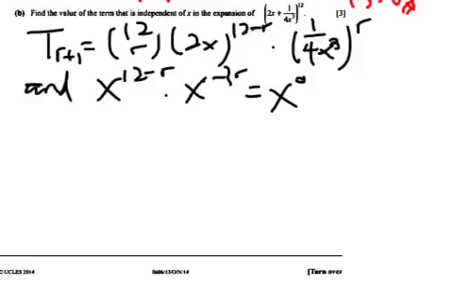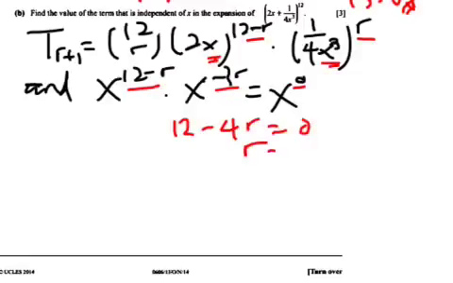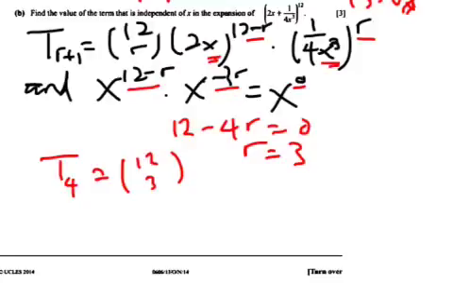In this case, this x has power 12 minus r, and this is x to the negative 3 power r, so it's negative 3r. So I notice that 12 minus r minus 3r equals 0. So 12 minus 4r equals 0. So r must be equal to 3. And then I can find the term now. Term 4, because r equals 3, is 12 choose 3, and then